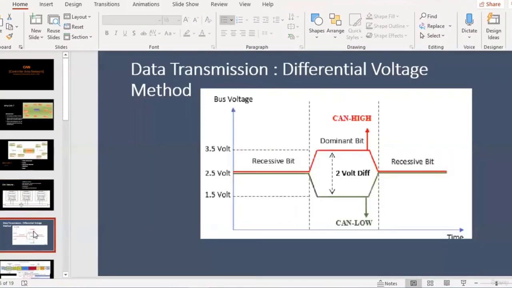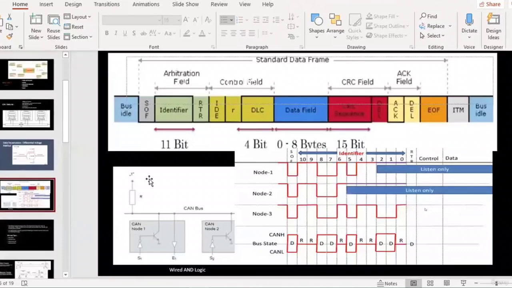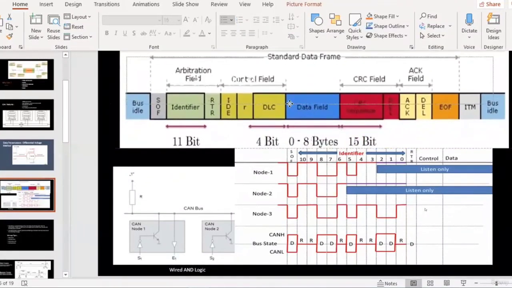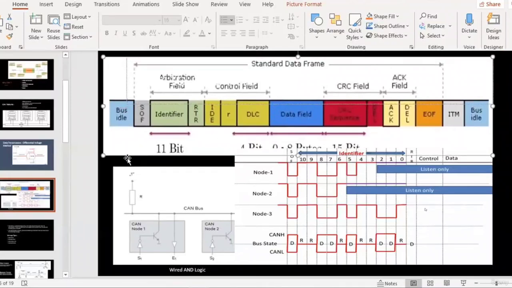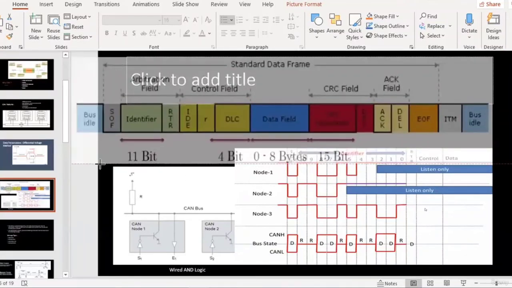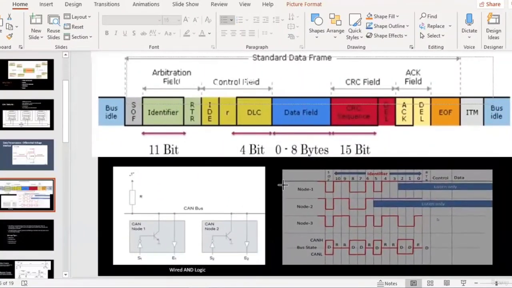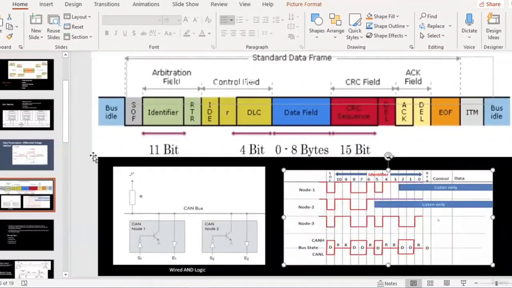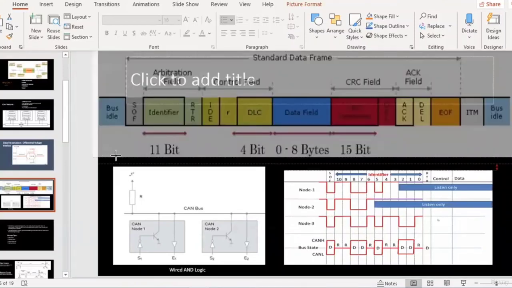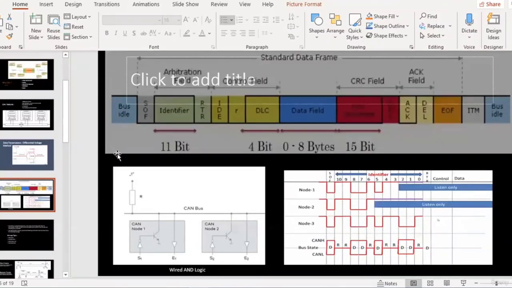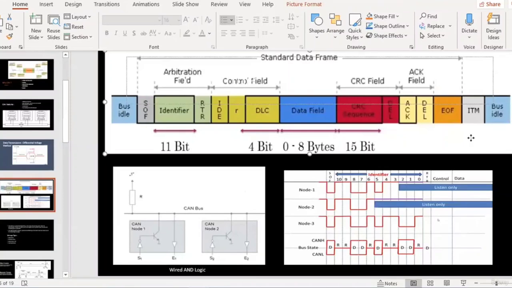Okay. So I think this I have already explained, and now let's talk about the CAN frame. As we discussed earlier in the previous slides, all of the messages or the information in the CAN line flows through CAN messages. And what is the shape or the format of a CAN message is what we are trying to see here.